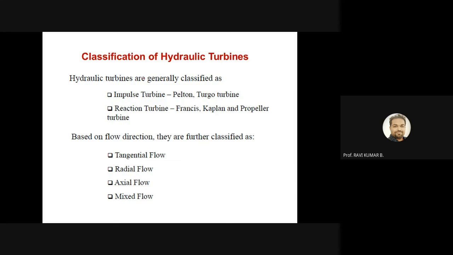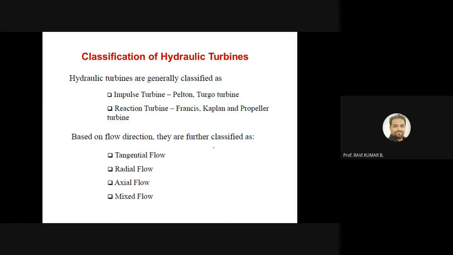Next one is called reaction turbines, in which the expansion of the water takes place in dual cases, in the nozzle and also in the turbine blades. So it will have a double expansion. When expansion is double, your power production will be doubled compared to the impulse turbine. So the reaction turbine types are Francis, Kaplan, and propeller turbine. In your case, we are studying only these three. Apart from these, there are several other turbines, which can also be classified into one of these two.